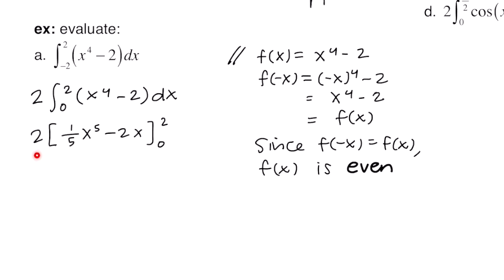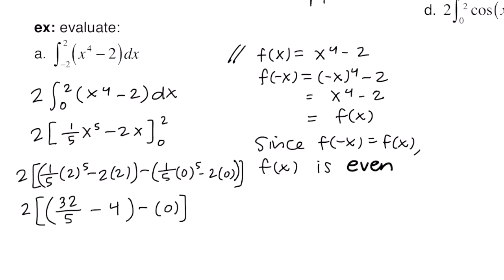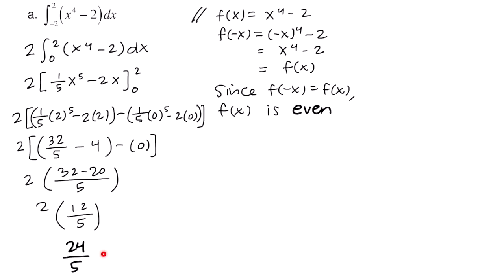So I dropped the 2 down. The integral of x to the 4th is 1/5 x to the 5th. The integral of -2 is -2x, and then I rewrote our limits as 0 to 2 over here. So now we're going to take 2 and plug it in, and then minus plugging in 0. So I plugged 2 in right here, minus, and plugged in 0 right here. So 2 to the 5th is 32, and then it's still divided by 5, minus, and we have 4 here, and then this becomes just minus 0. And when you simplify, you get 24 over 5.